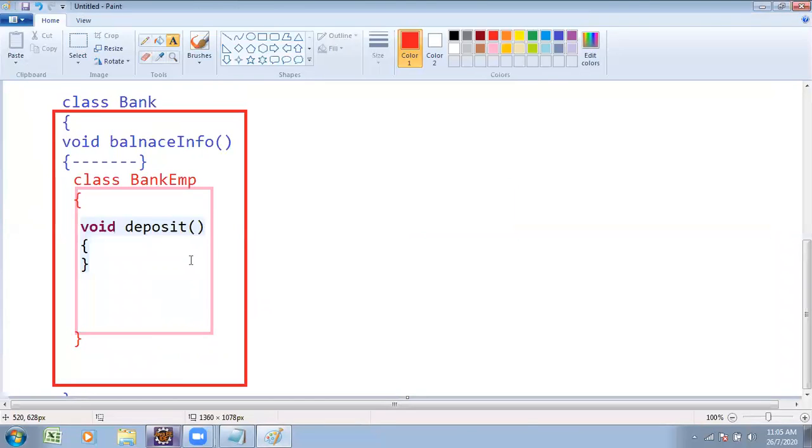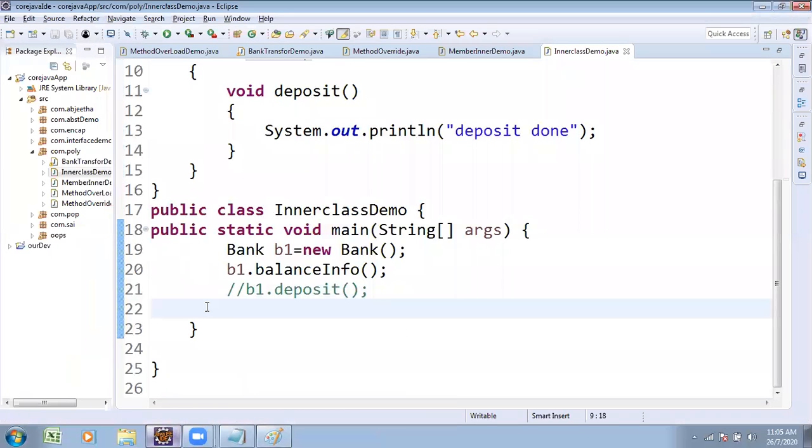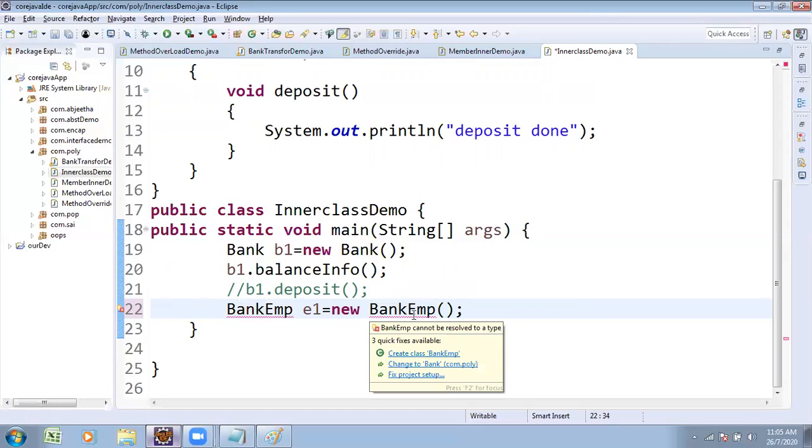Possible or not possible? Try to create the object for BankEmployee. See this line of code: E1 is equals to new BankEmployee, sitting at home, trying to access the banking server. Possible or not possible? No. It is an inner class.